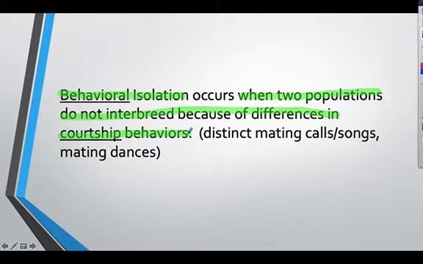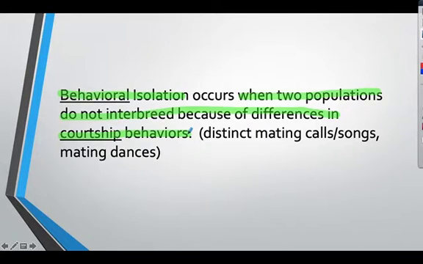So it has to do with how they attract mates. So maybe they have a very distinct mating call, like maybe you have birds of the same species, but some of them have a slightly higher pitched mating call than the others. And so it eventually might create two very distinct groups, and over time they might become so different that